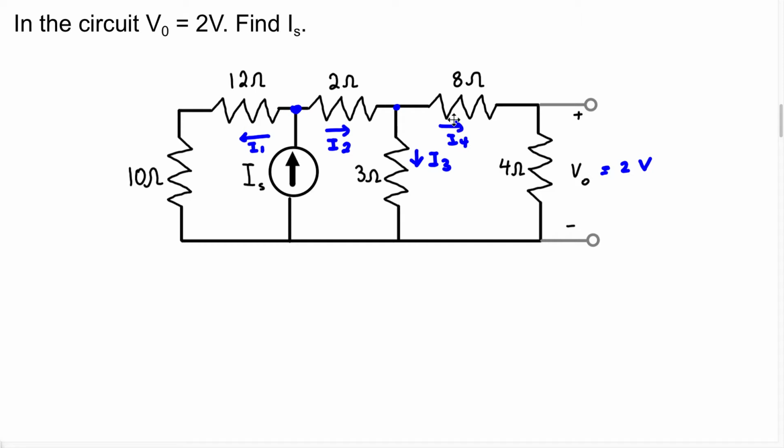We know the current I sub 4 is going to be the current that flows in this resistor, but also in this resistor, because these two resistors are in series, which means they're going to have the same exact current flowing through them. So to find the current I4, I'm just going to say the current equals the voltage over the resistance. The voltage we know is going to be VO over R, which is 4. Therefore, I4 equals the voltage VO, which is 2, over 4. Therefore, we can say the current I4 equals 0.5